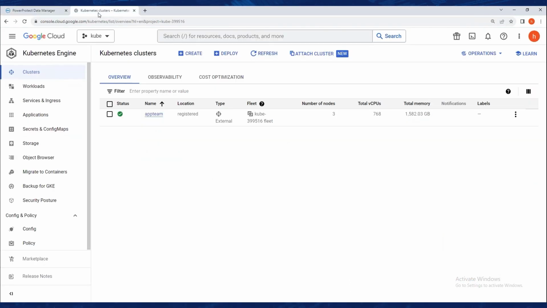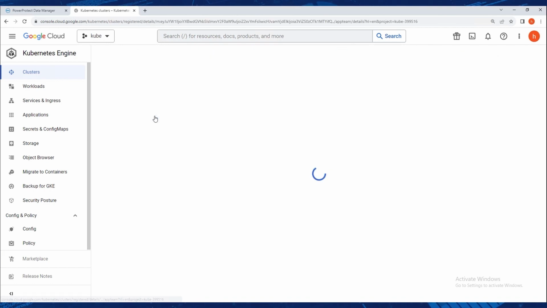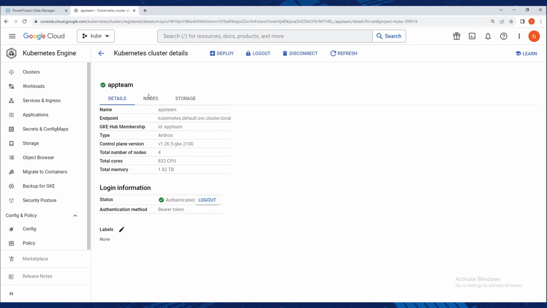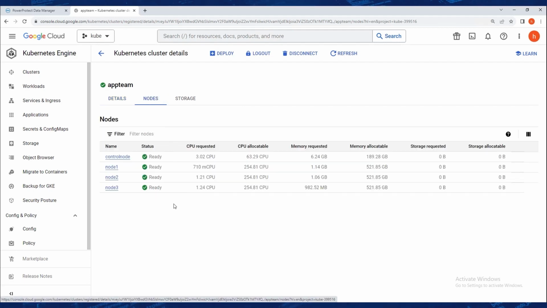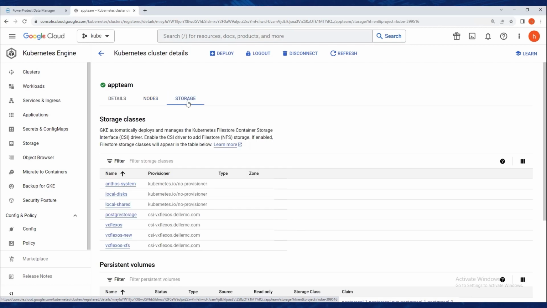In the Google Cloud Kubernetes cluster section, we have a cluster named App Team. These are the details of the cluster. The cluster has 4 nodes, 1 control plane, and 3 worker nodes. For persistent storage, we have Dell PowerFlex, which is integrated into the cluster using the PowerFlex CSI driver. We see the storage class provisioner csi-vxflexos.dellemc.com. This indicates that we will be using the PowerFlex storage class for our database applications in the cluster as